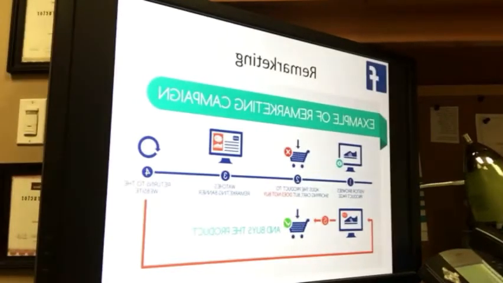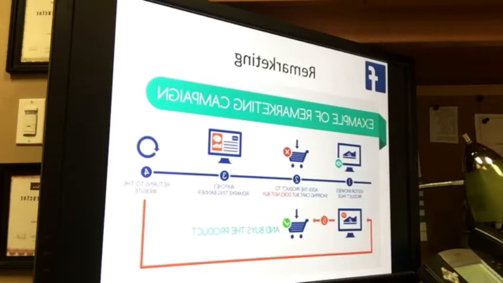And the reason I bring up remarketing in the Facebook lecture is because Facebook really has cornered the market on this idea. So what is remarketing? Obviously, when you go to a marketer's site, they are placing a cookie on your computer connected to your IP address. And when you leave their site, especially when you leave that company's site and don't convert, meaning you don't either make a purchase or sign up for something,